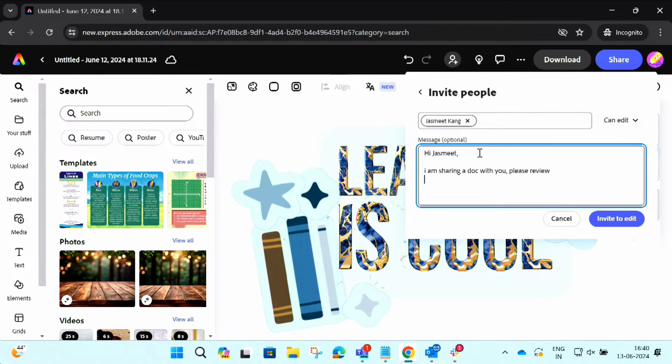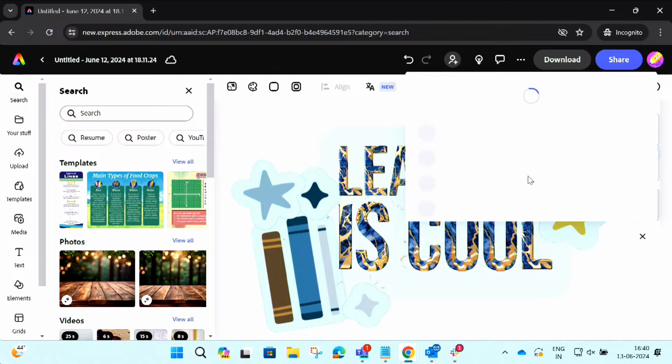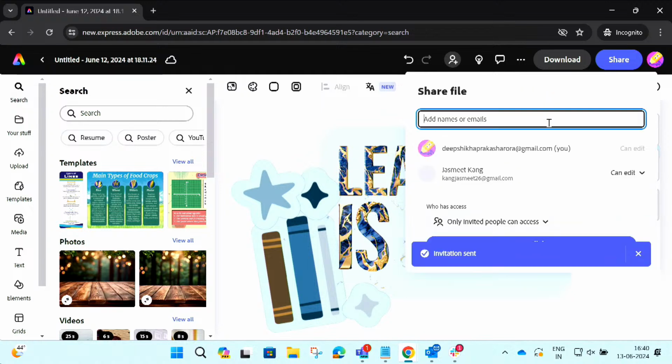So you can see I can send the message as well, which is optional, but to give her the context of the image, I can send that and then invite to edit. When I click on invite to edit, Jasmeet will be able to access the illustration, the image, the graphic, whatever I have shared. So this is how collaboration works.